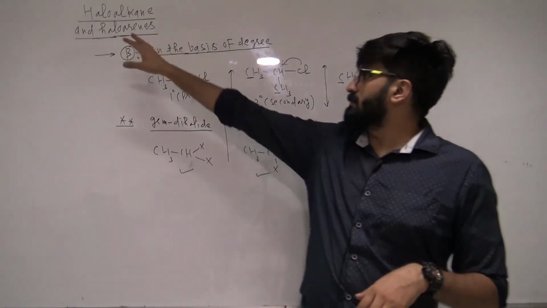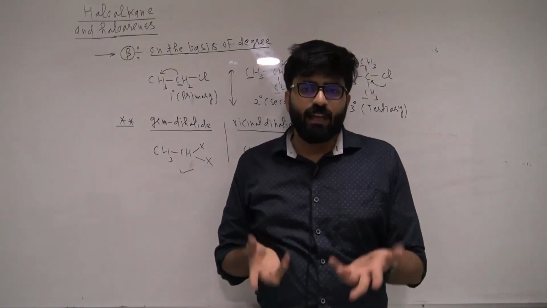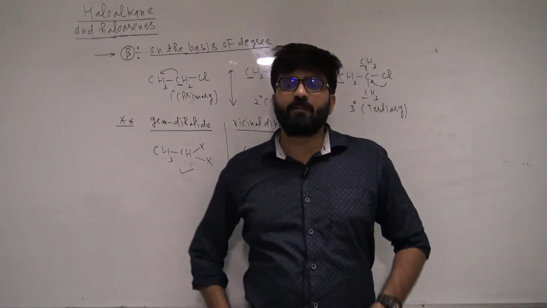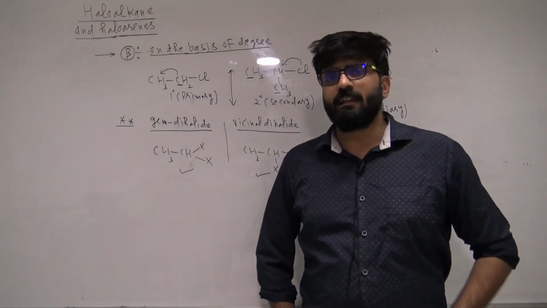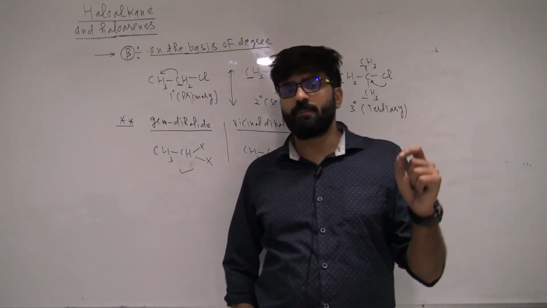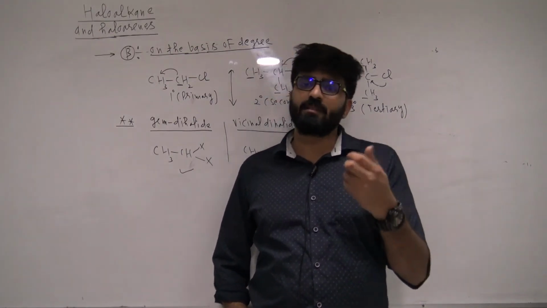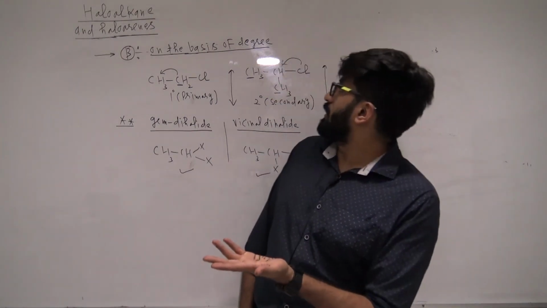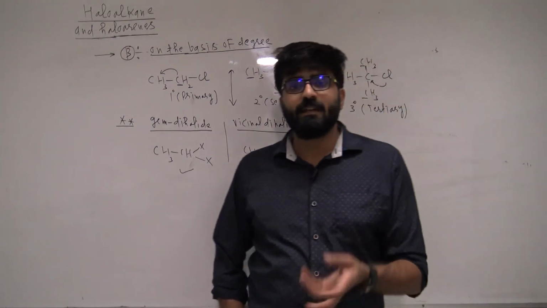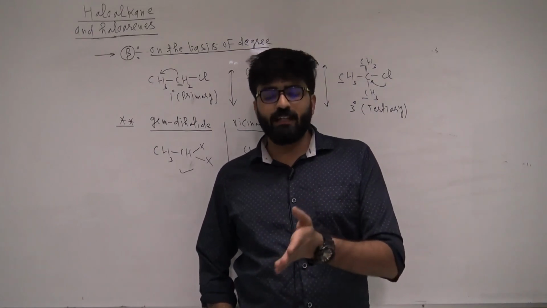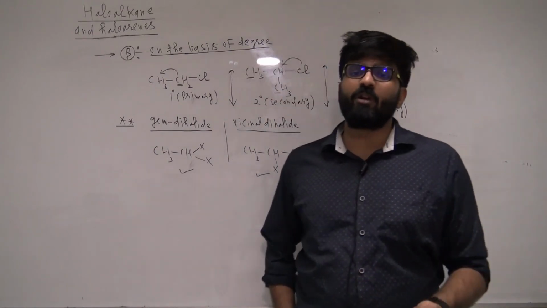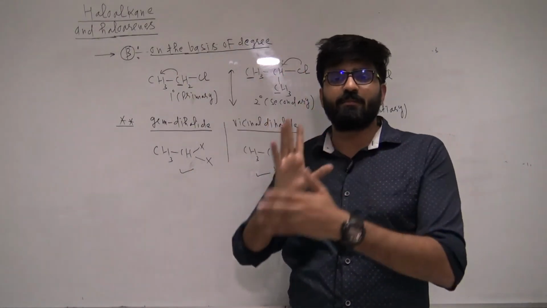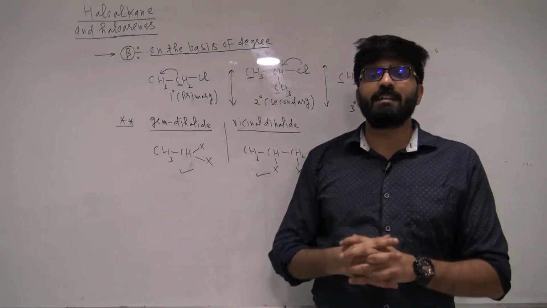So what do we understand by haloalkanes? Haloalkanes are these kinds of compounds that I wrote overall. Basically in a hydrocarbon, the H is replaced by halogen, and then we can call them haloalkanes. And if a benzene ring is there and you directly attach an X group to the benzene ring, we call them aryl halides, or haloarenes. Arene means benzene, halo means halogen. So this is all about lecture number 1.